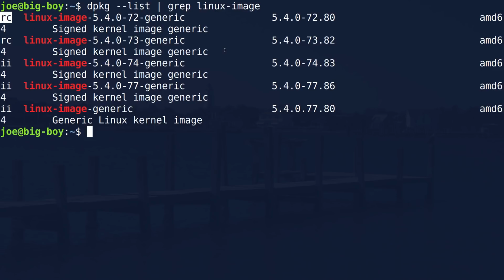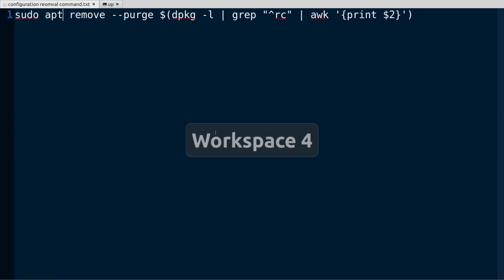So it knows about it. apt knows about it. dpkg knows about it. Now we need a command so we can remove all of this at once. You could go through and do that manually and just put a purge at the end of it, but that would be a bit of a problem, and it would take some time too. So what we're going to do is jump over here, and we're going to look at this lovely command which